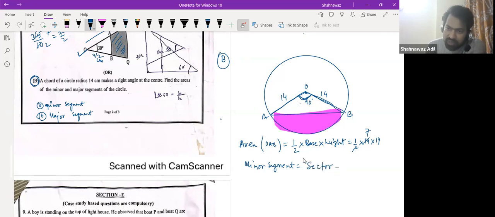And this is the minor sector, right? I'm telling sectors, minor sector and then triangle. No, I thought its major segment is area of